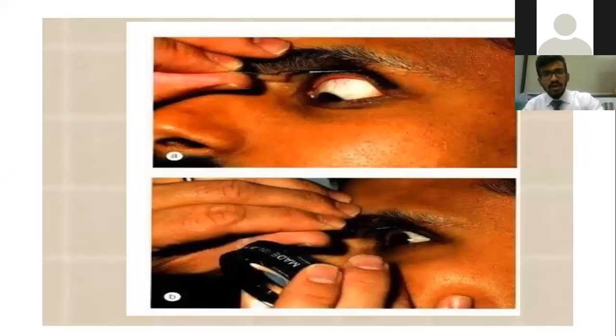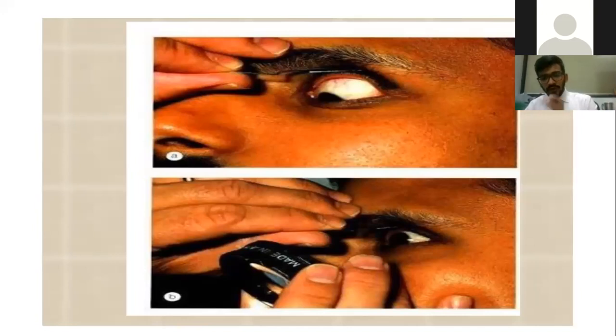This is the holding position that you should keep. So one hand is holding the lens, and the other hand is holding the depressor. In general, what you should do is keep a pattern of examination. You start with the right eye or the left eye, but keep in mind, maintain that. Me being a left-handed person, I always start with the left eye. Some people mainly start with the right eye.